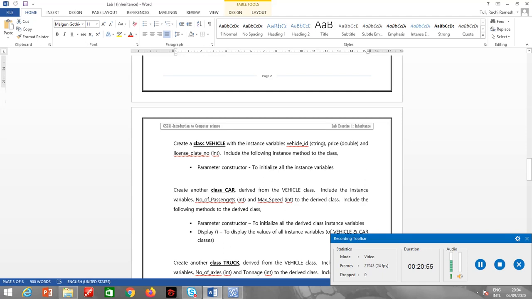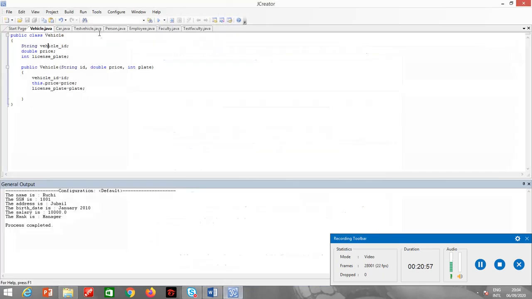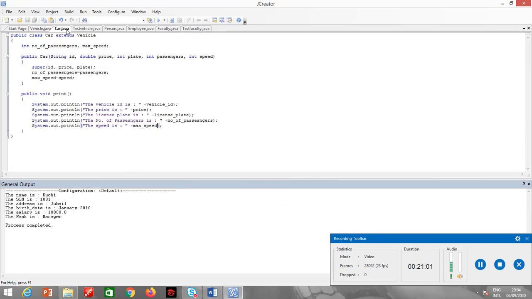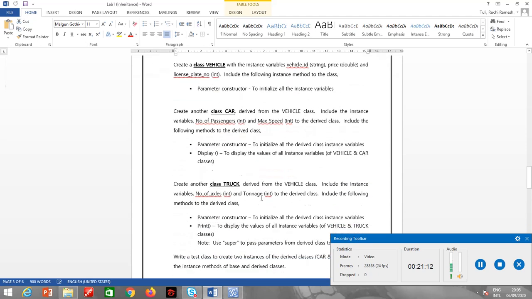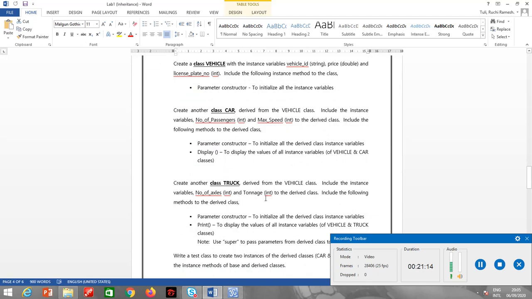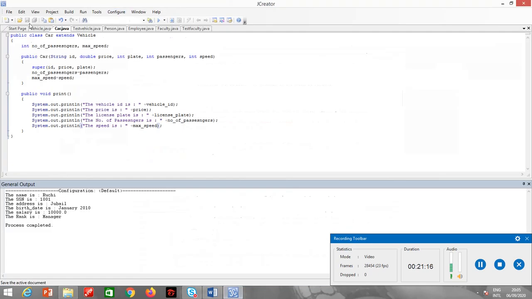So public class vehicle, I have all these three variables and the parameterized constructor. Then I have the class car, with these two variables, right? And I have the display method to display vehicle and car variables. Now I have to create another class truck which should be derived from the vehicle class. So I'm not going to recreate these two classes.